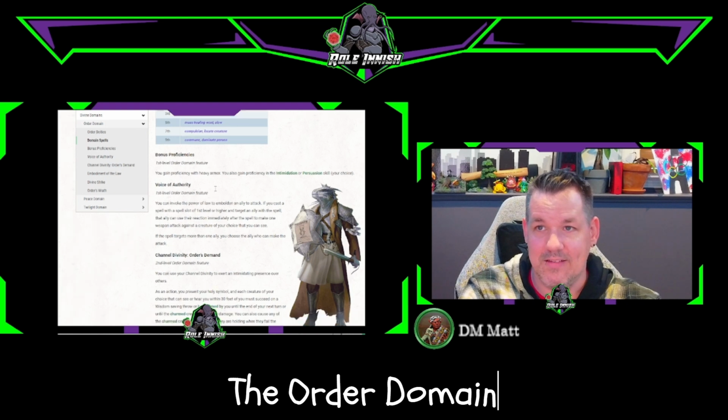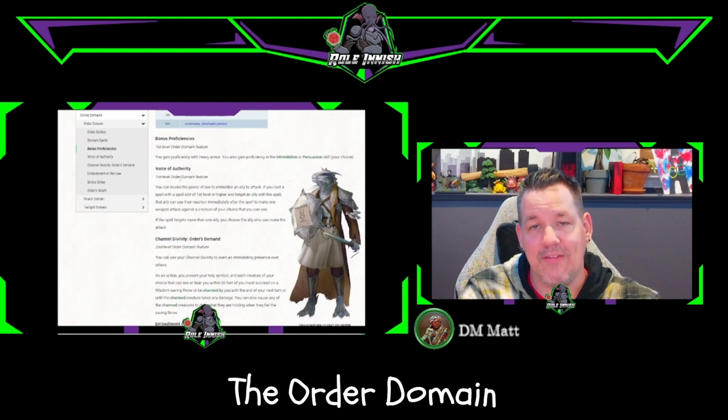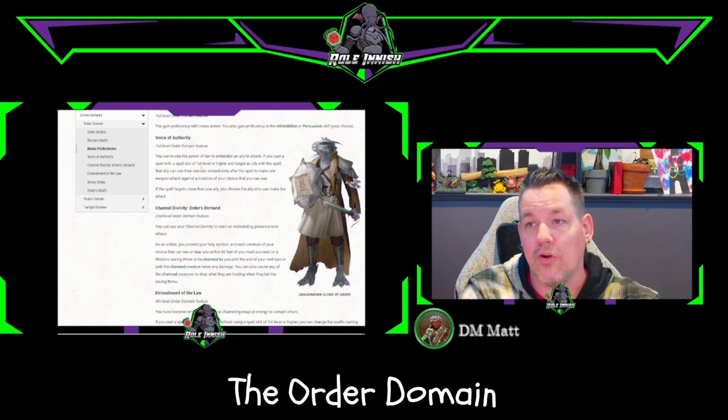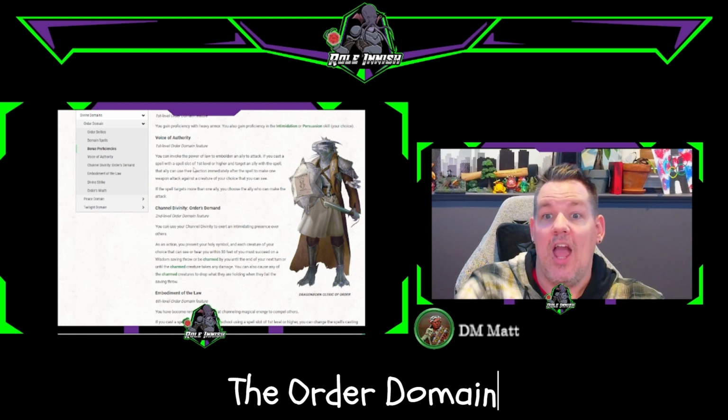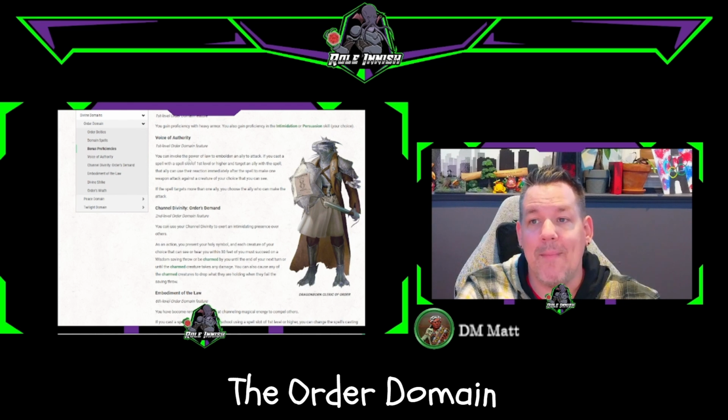Both are Charisma based. You also have the Voice of Authority feature you get at first level. If you cast a spell with a spell slot of first level or higher and target an ally with that spell, that ally can use their reaction immediately after the spell to make one weapon attack against a creature of your choice that you can see. So it's almost like you command them and they are emboldened by your command and they do it. So this is a way to play...